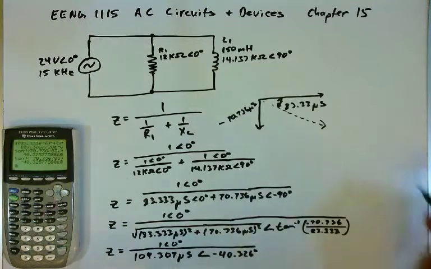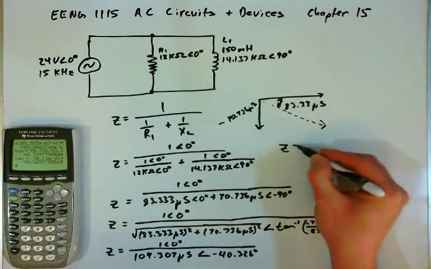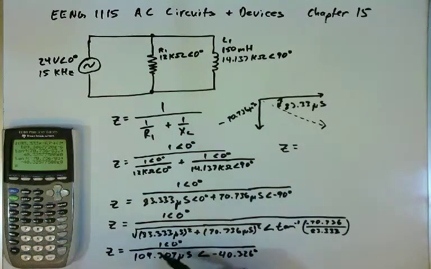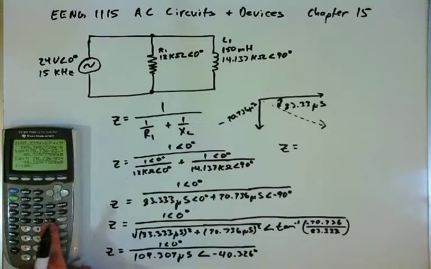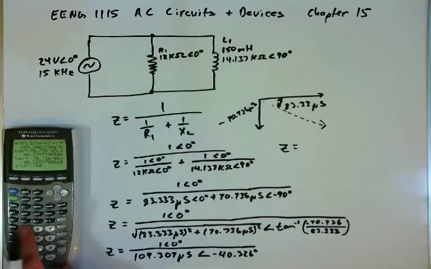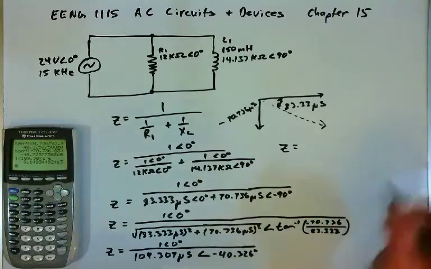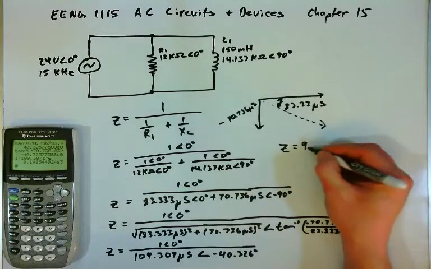Now we have one last division to do. The impedance, we'll divide the magnitudes. So we're going to have 1 divided by 109.307 micro, negative 6. The impedance is going to be 9.149